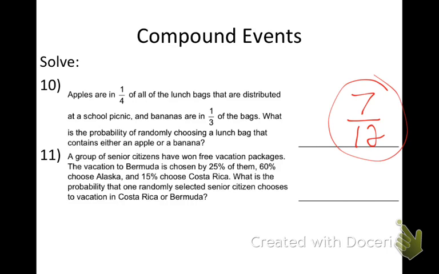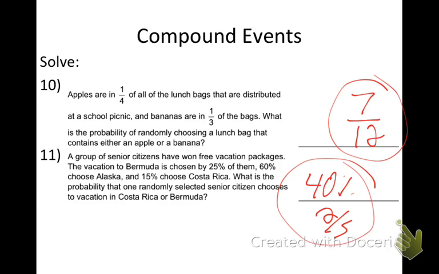How many choose Bermuda? How many choose Costa Rica? And what are you going to do? And you get 40%, which is 2/5 as a fraction. Nice job. Okay, last thing we're going to talk about today